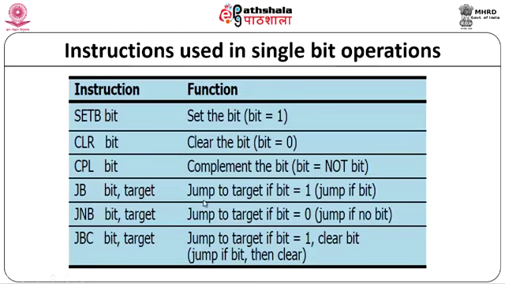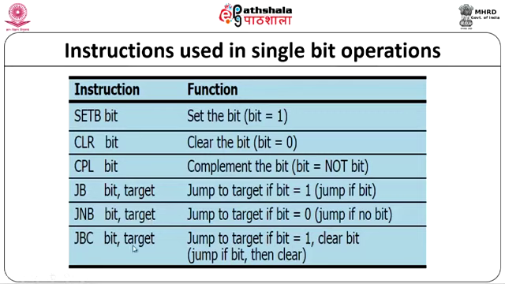That is what it is trying to say. So, jump to target if bit is equal to 1. JNB says jump to target if bit is equal to 0. So JNB is jump if no bit. If the bit at the address I have given is equal to 0, then go